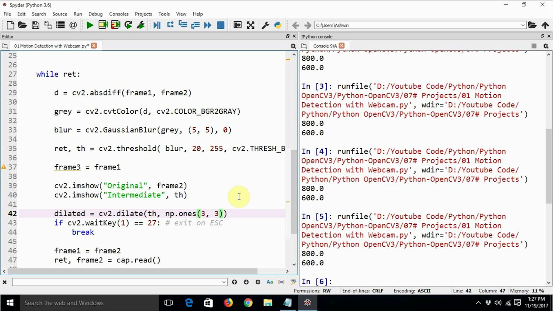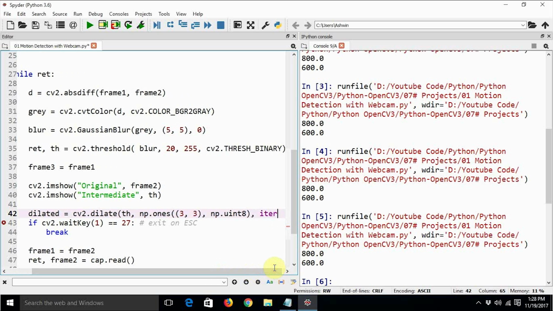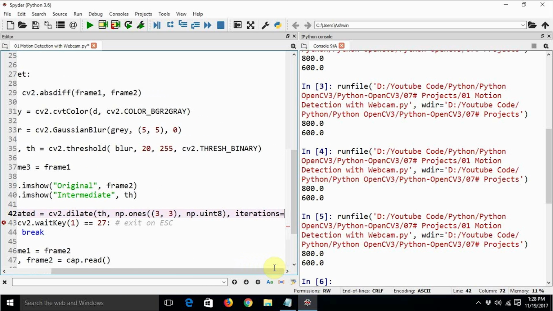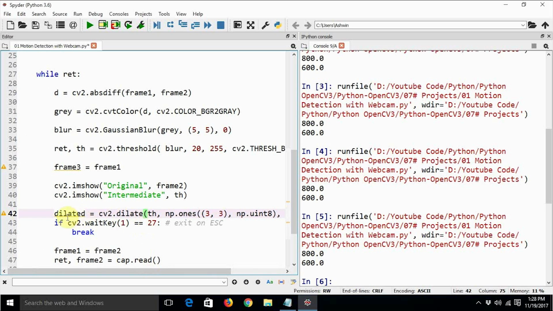You can have any kernel that you want, and we also need to pass the data type, np.uint8, enclosed in brackets, and we need to provide the number of iterations, say iterations equal to 3. Three iterations will be enough, because this is on live video and it is going to take a lot of computing power.